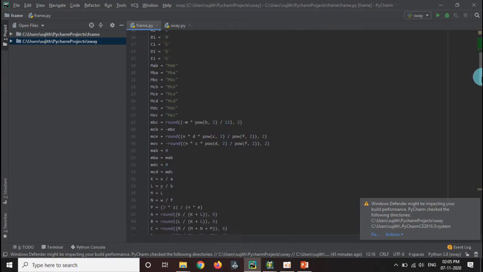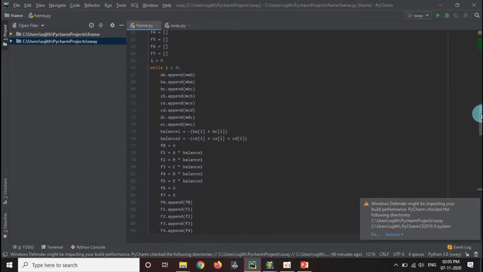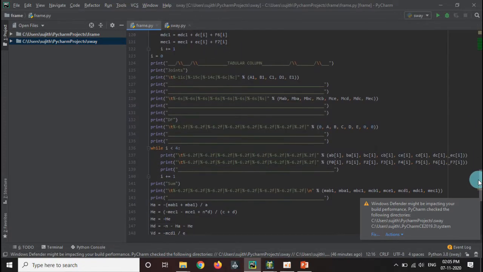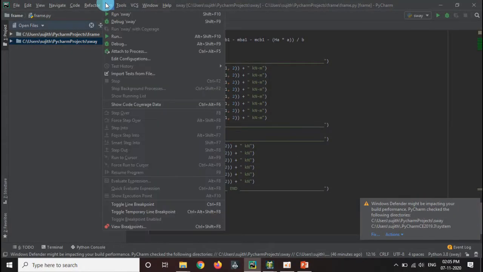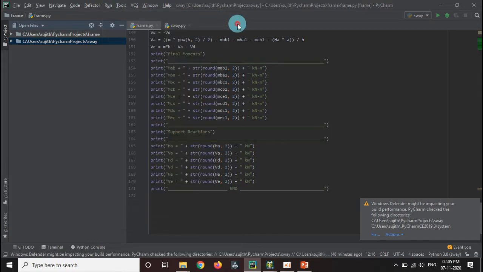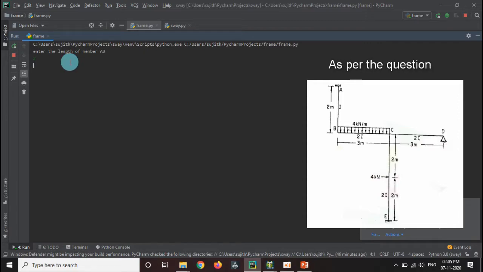I have declared many variables, and this is the main part where I have used the loops and stored the values in the arrays. And finally, this part of the program helps in building the table. So let us start running this program. The length of member AB is 2 meters, and the moment of inertia factor is 1.